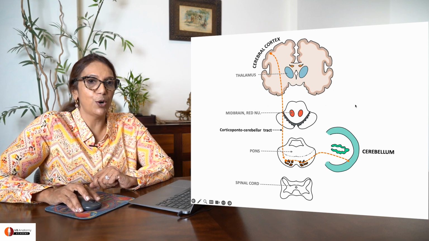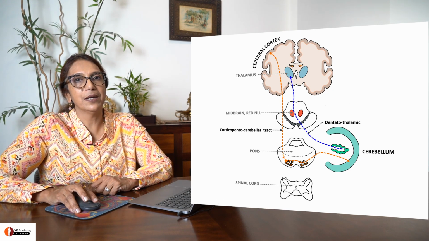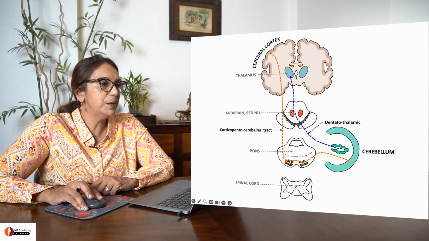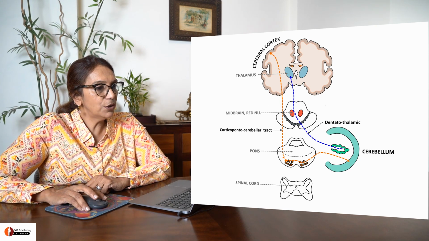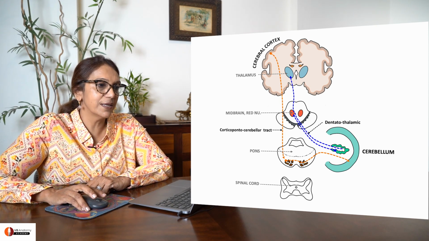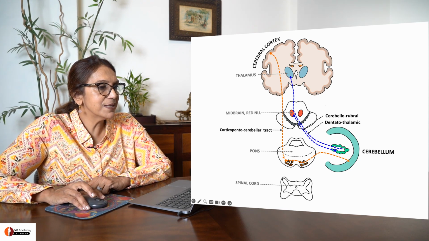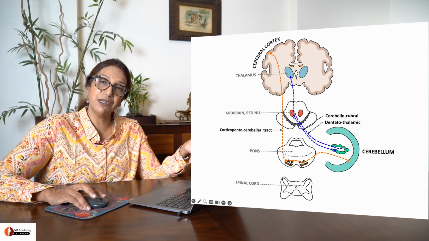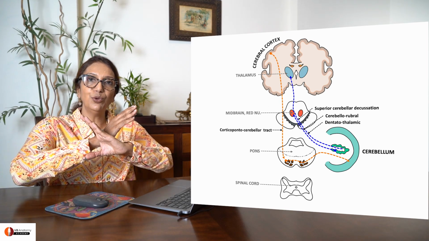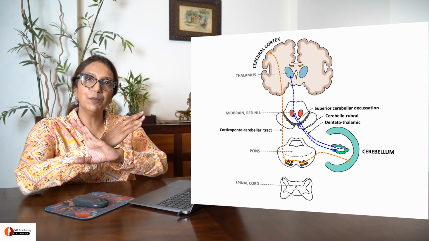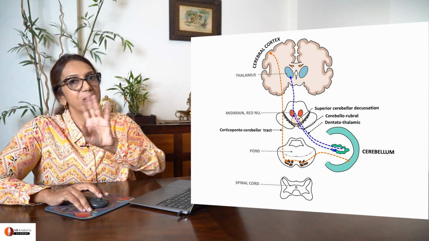How does cerebellum respond? Cerebellum responds through fiber tract, which is called dentatothalamic. Goes from the cerebellum through the midbrain to the thalamus. What is it called? Dentatothalamic. It also responds by giving fibers to the red nucleus. These are called cerebellorubral. Can you see that both these fibers are going to the opposite side thalamus and opposite side red nucleus? So this point where the two fibers from both sides cerebellum cross is called the point of superior cerebellar decussation, which is what we have drawn in our diagram.